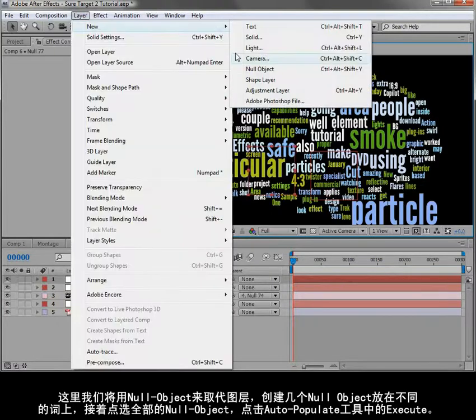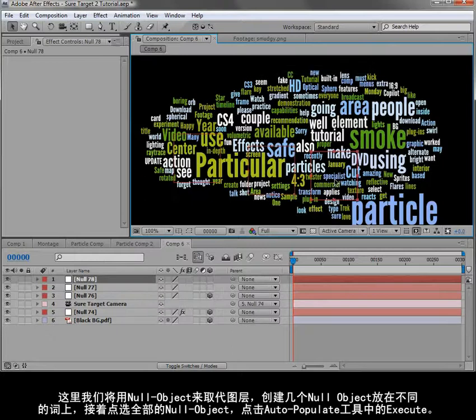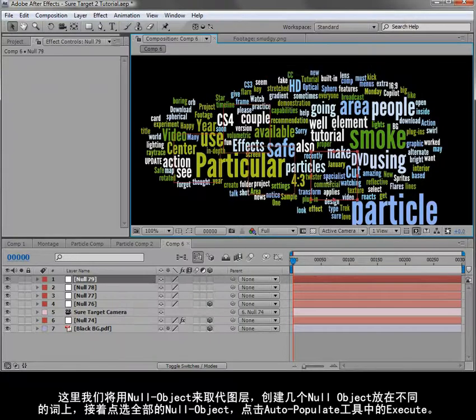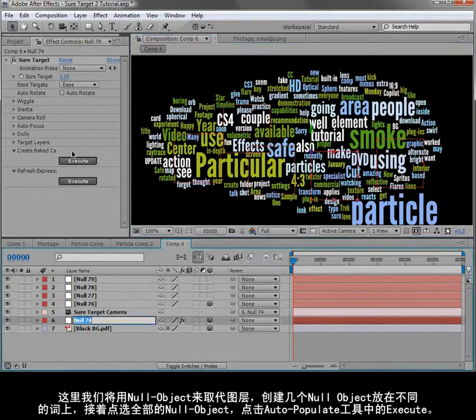video effects, and we'll make another null object, and you can just duplicate them also. Video effects, maybe even go into one of the really small ones. Timeline, and one more just for good measure, and doesn't have to make sense, but if you can get it to make sense, even better. So we've added these null objects, and if we go to Sure Target,